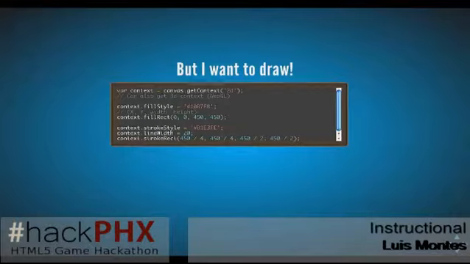Stroke style is, when we're drawing shapes, what we want the border, the edge, to be. Line width is how thick we want that border. And strokeRect means just draw a rectangle that's not filled. It's the same as fillRect, except it's still drawing a rectangle, but it's not filled. So stroke just means do the outside.